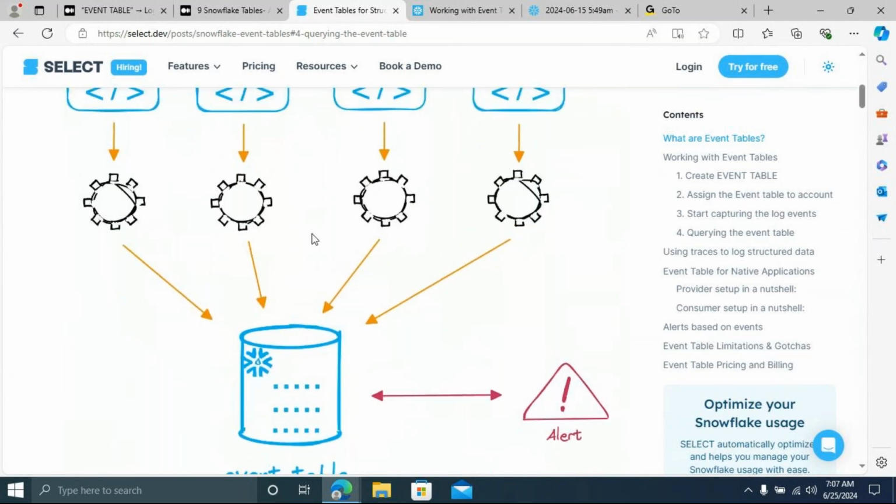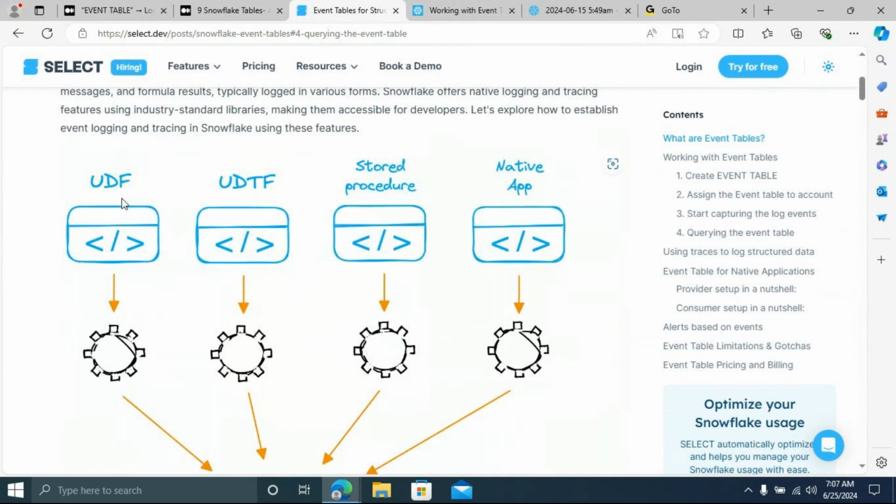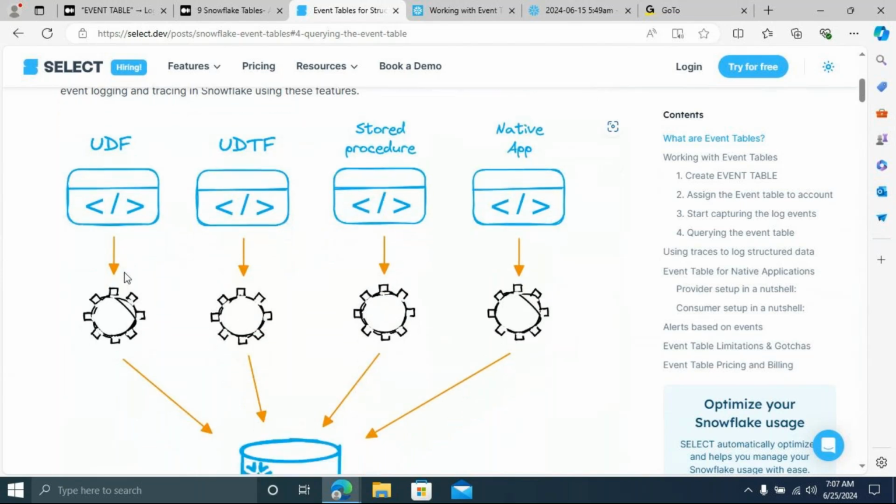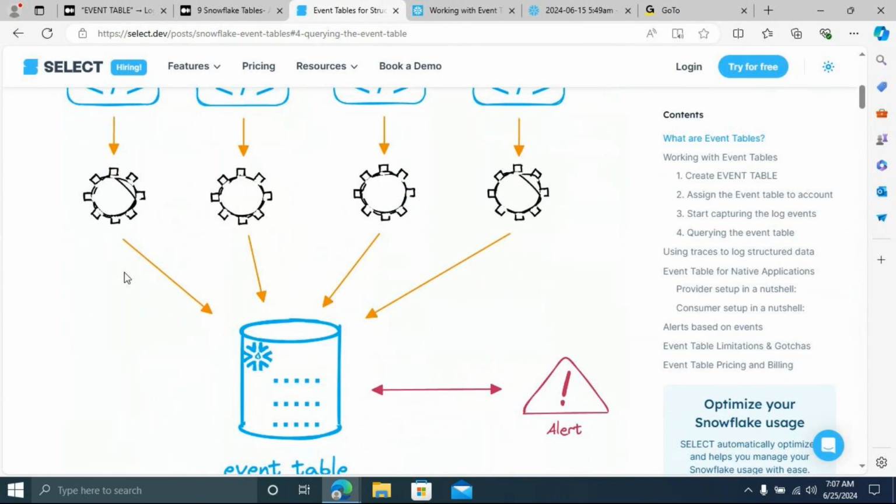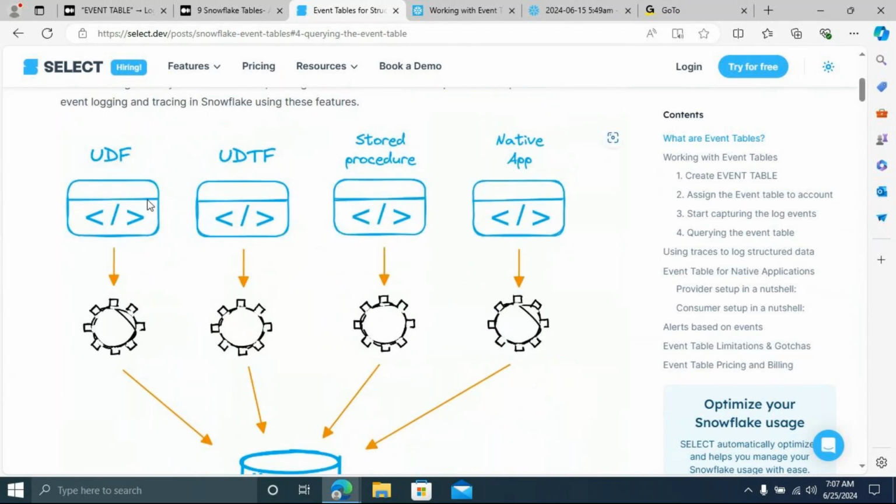Now you can see I'm writing user defined functions, user defined table functions, procs, native apps. It can be any Python apps. Finally, in the application, if any discrepancy occurs during transactions, or while writing logic for user defined table functions, all those actions triggered by this UDF, UDTF, stored procedure, the exception logs will be captured.